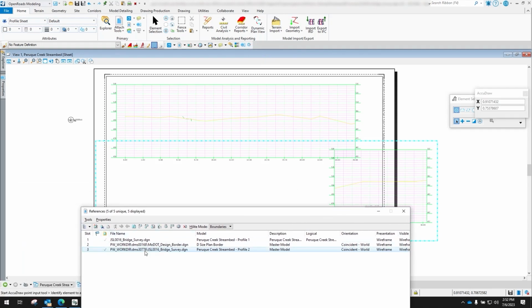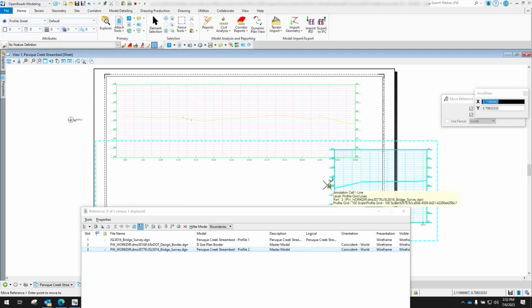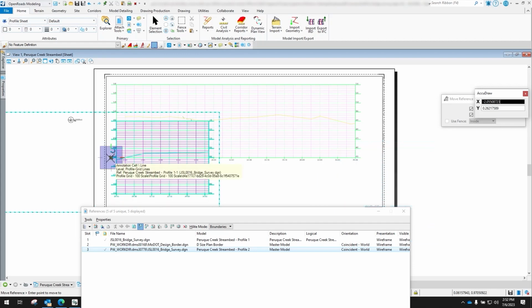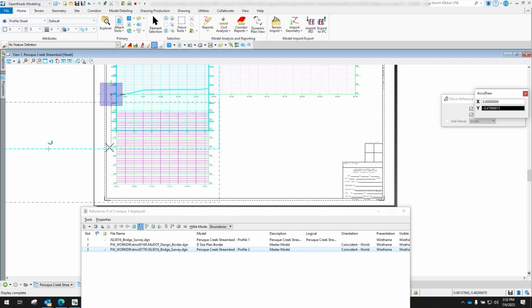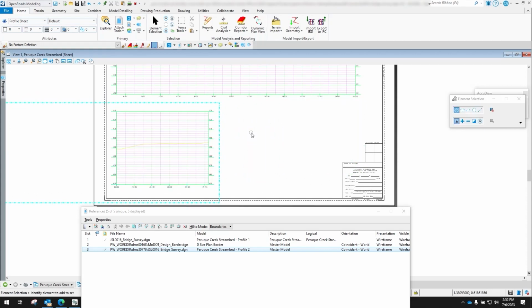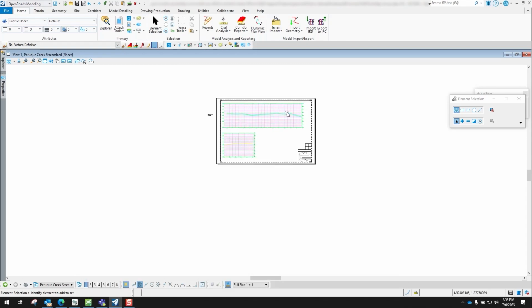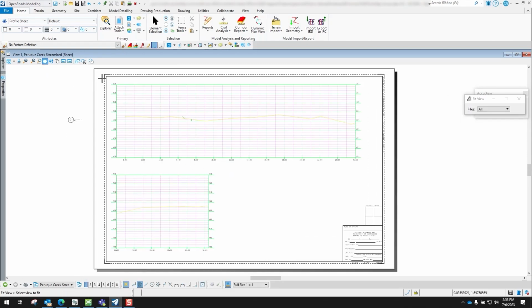So go ahead and right click over it, do a move, and I'll simply select it. And I can snap to certain points along here and maybe get it exactly the way I want. You know, that's up to you, depending on where you want to place that at. So once I have it moved to the correct spot, I'll just go ahead and right click to end it. And then if I close out the dialog box now you'll see that I have both profiles incorporated into one